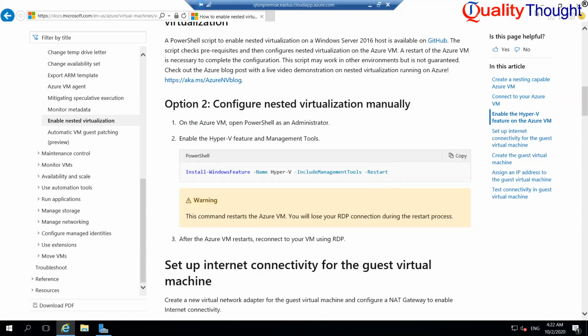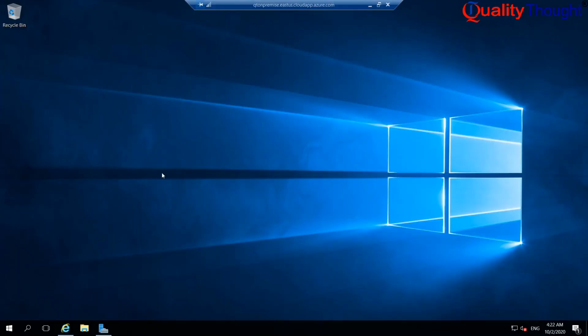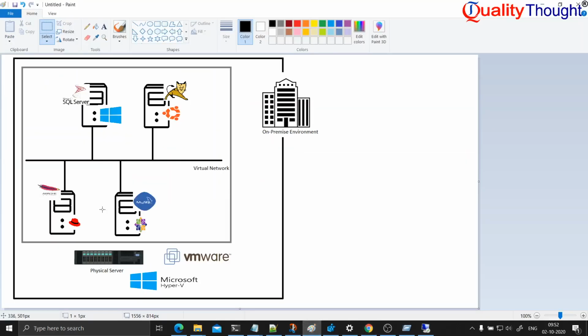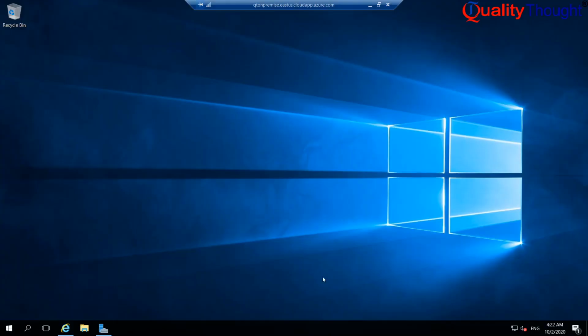Now let us set up a virtual network, which will set up the internet connectivity for the virtual machines we are trying to create. In this image, the virtual machines under creation need internet connectivity. For that, we will be creating a NAT network.